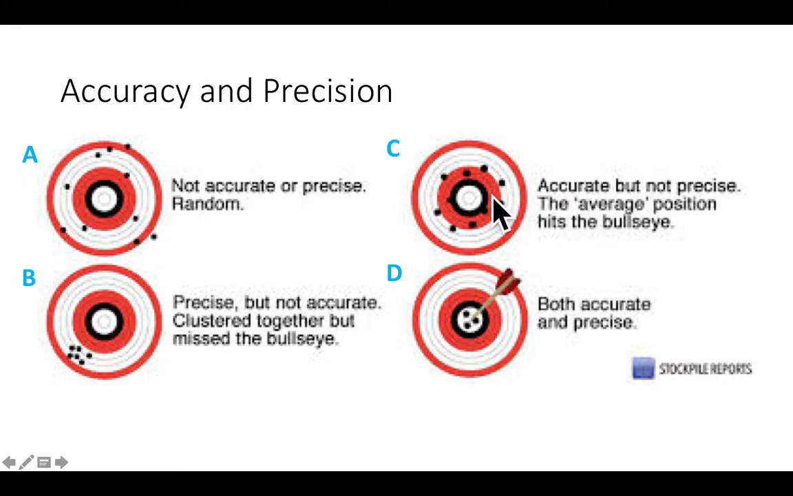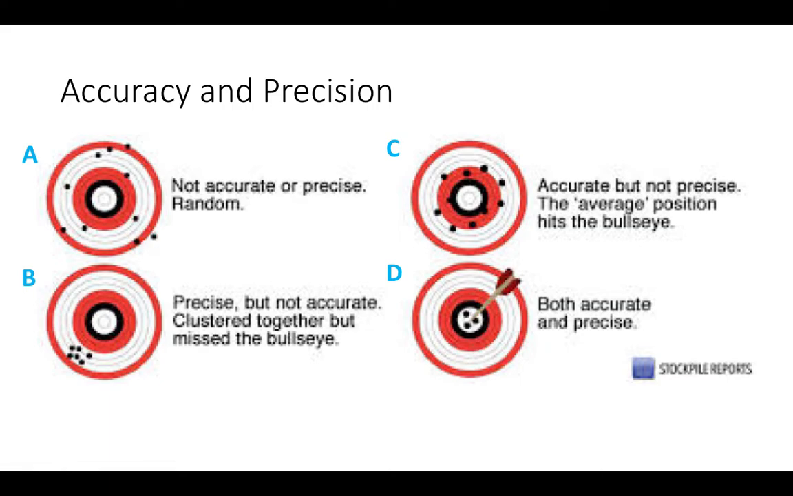C, however, shows fairly high accuracy because the average position of all of these, if you paired these two, would be on the bullseye. If you paired those two, it would be on the bullseye. So these are accurate based on the average. However, they're not precise because they're scattered all over the place. So this is relatively high or average accuracy, but low precision. D shows high precision and high accuracy since the arrow has hit the bullseye